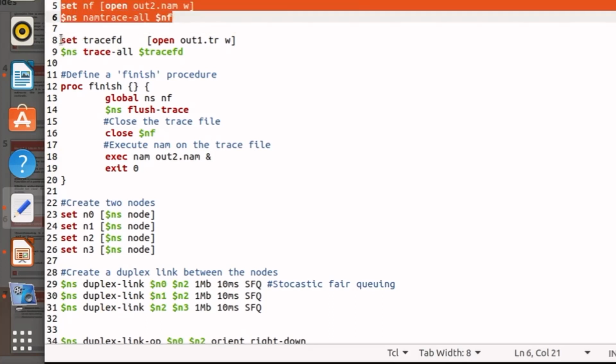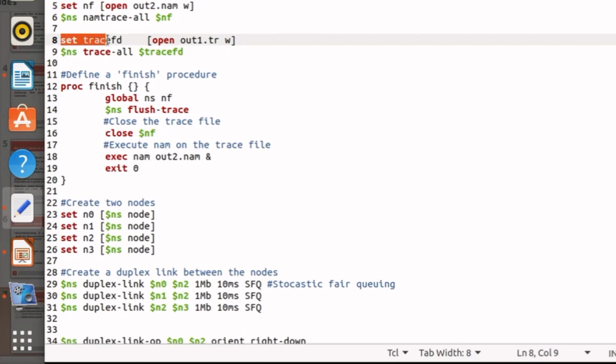Now to generate the trace file, these are some commands. Again, set tracefd open out1.tr in write mode. Again, tracefd is the variable; we can take any other variable too. So tracefd represents a file named out1.tr. It is opened in write mode, so we can write anything in this file.